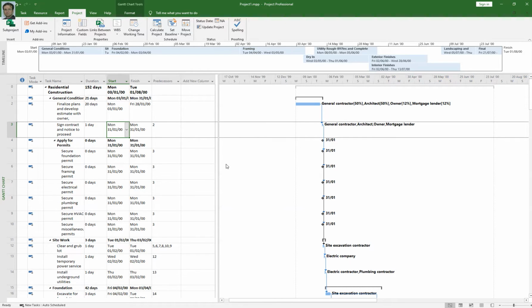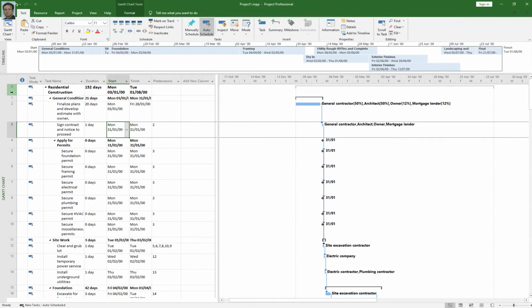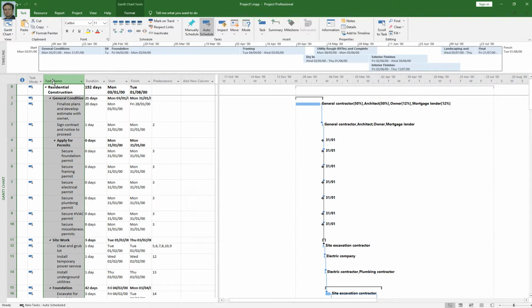So let's talk about how you can set up work breakdown structure in Project 2019. Do you remember? Work breakdown structure is a graphical representation of your project. You can see these numbers. These numbers are not your work breakdown structure numbers. These are numbers assigned to your different tasks in your project in a Gantt chart view. So to generate work breakdown structure numbers, just simply click on task name column and right click and then insert column.